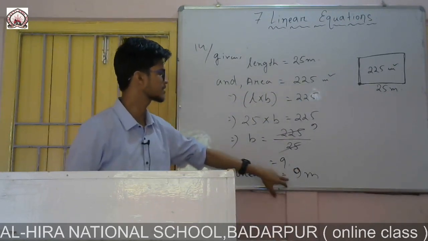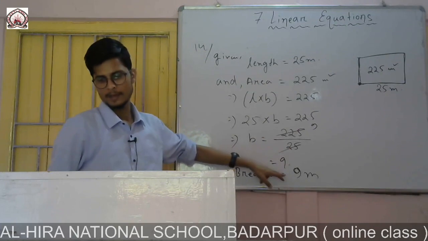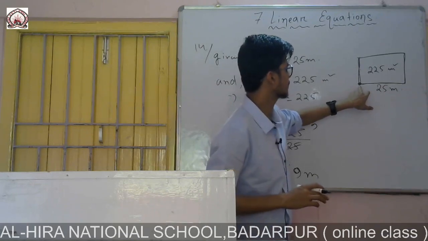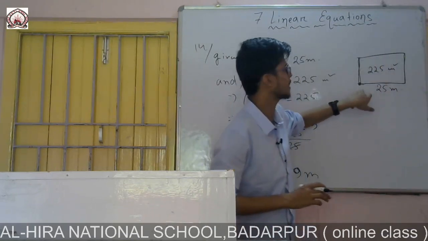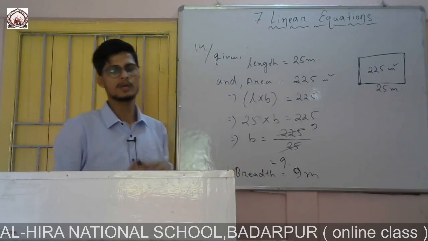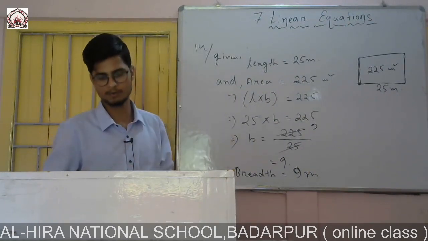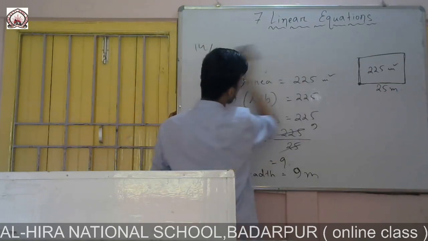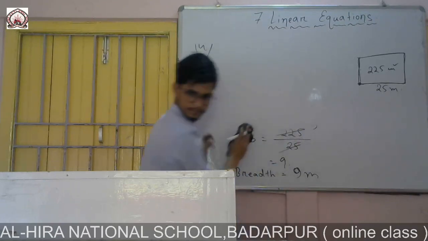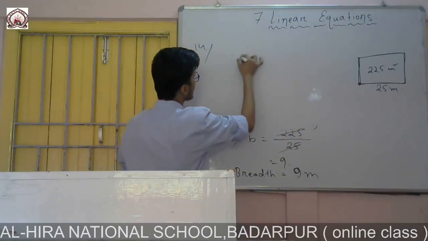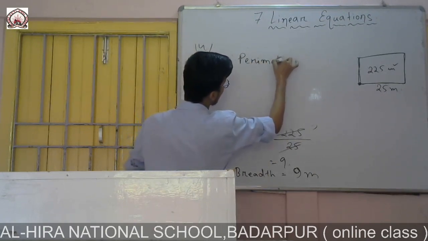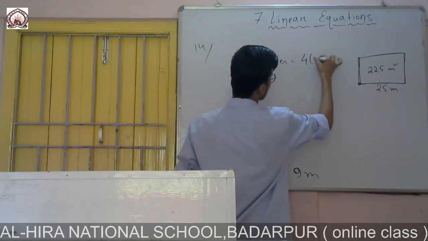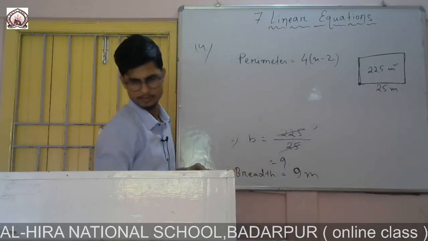Okay, now we will use this length and breadth to find the value of x. So here the man started fencing this side from that point, and again he came to here, and it requires 4 into x minus 2 meter of rope. That means this is the perimeter of this rectangular enclosure. So we will write, therefore, perimeter equals, given, 4 into x minus 2 meter.